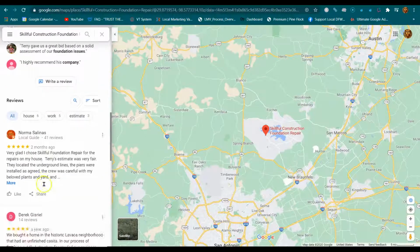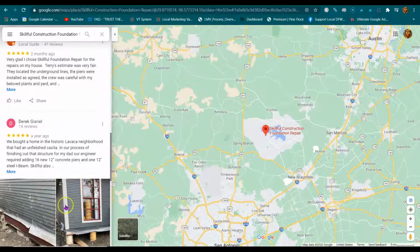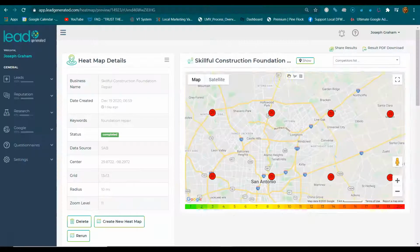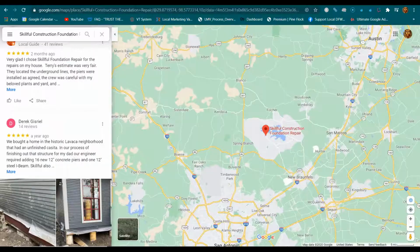Do you have any posts? Is that a post? No, that's a... Okay, look, see what this guy did? He uploaded some pictures. Awesome. So look, maybe even have your clients that live over here, or anywhere that you want to start turning green, take a picture, make sure their GPS is turned on,